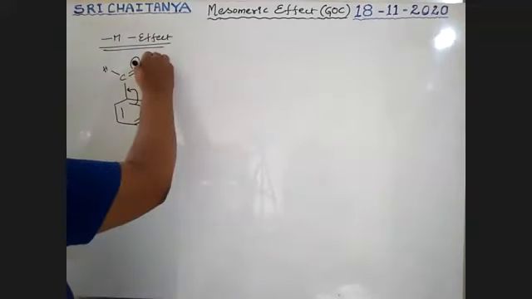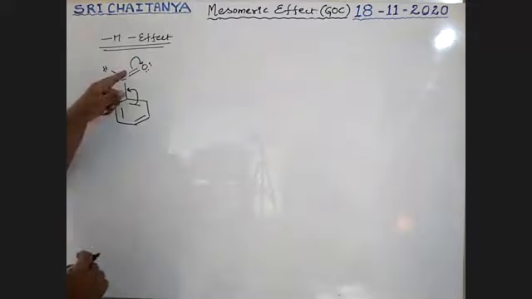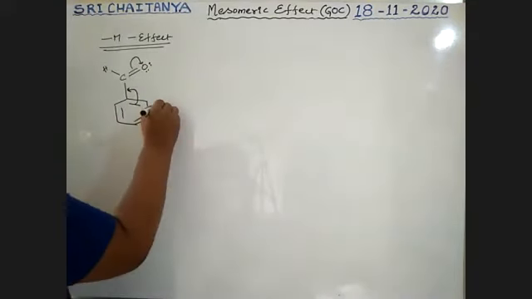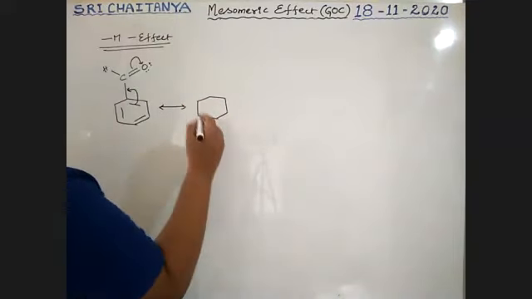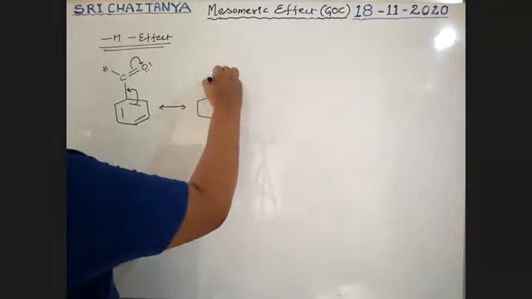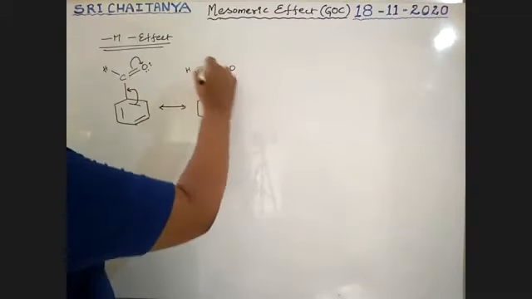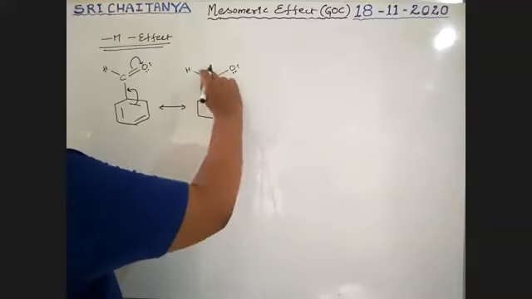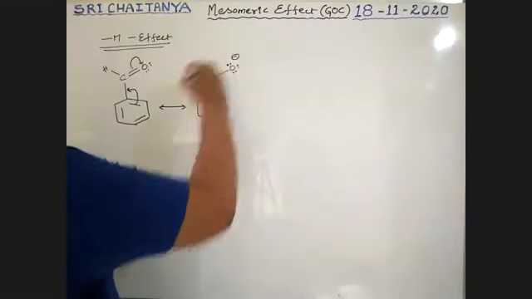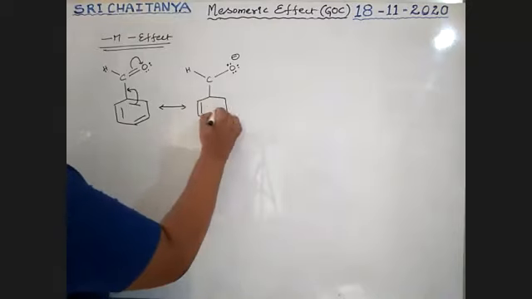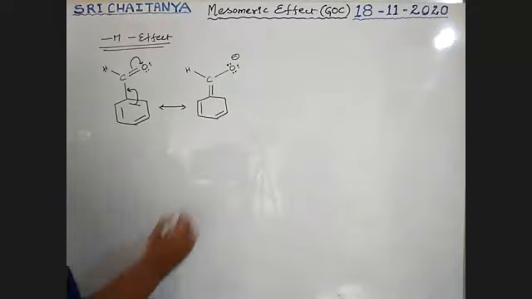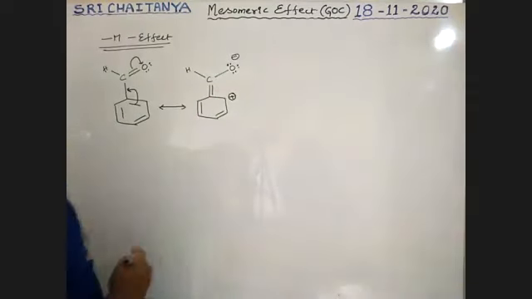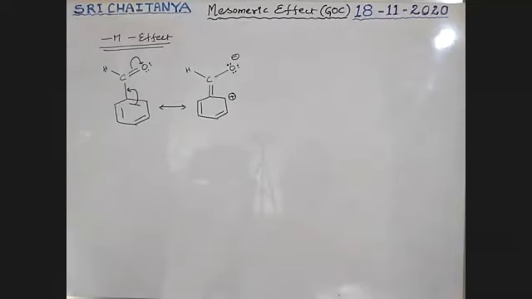So boys, this oxygen already has two pairs of electrons. This pi bonded electron shifted like that, so now it is in resonance like this. This pi bond is converted into a lone pair and the oxygen gets a negative charge. These two pi bonds are as usual, but this pi bond is migrated to here. Now this carbon gets positive charge. It loses electrons. Is there any doubt in these structures?